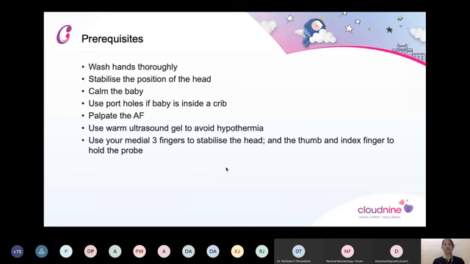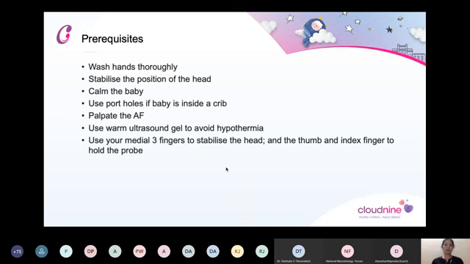If the baby is an extreme preterm baby, it's good to use the portholes if the baby is inside the crib, rather than opening the crib and allowing the baby to become hypothermic. First of all, palpate the anterior fontanelle so that you know where you're going to put the probe. And then make sure that the ultrasound gel is a bit warm rather than using cold gel on the baby's